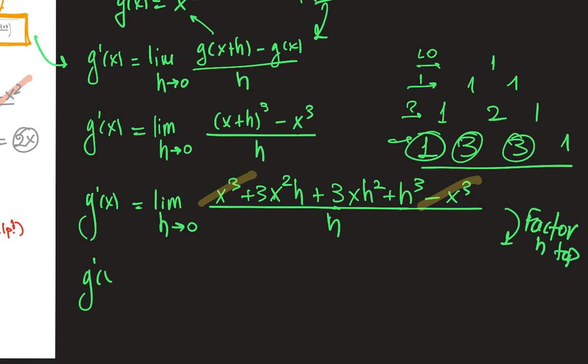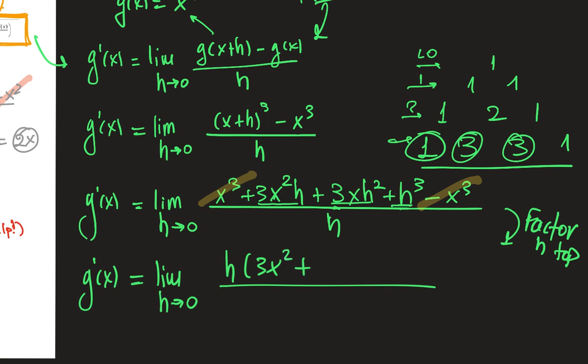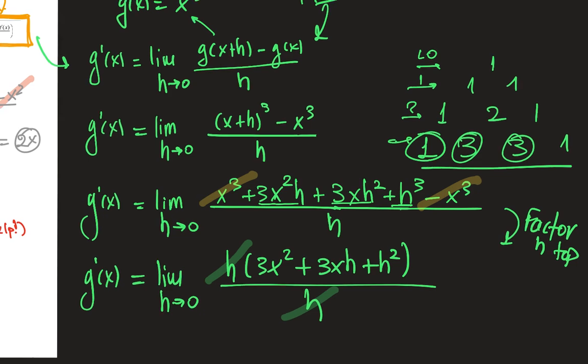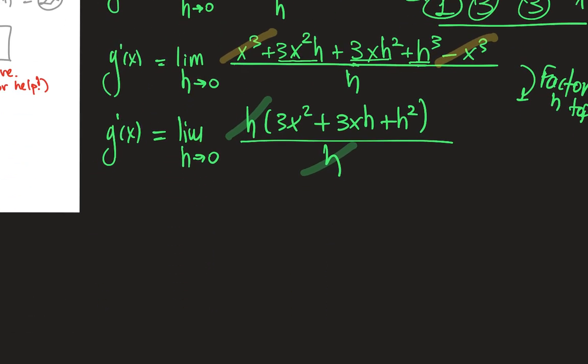So the first derivative of x is going to be the limit when h goes to 0. And then what we have left at the top is this part and this part. So that's going to become h times (3x squared plus 3xh plus h squared) over h. The reason we factor the h is to basically cross it out, and that means it's going to cross out, and then whatever is left